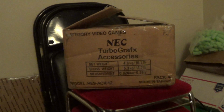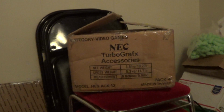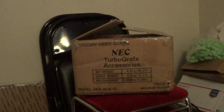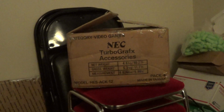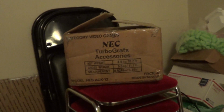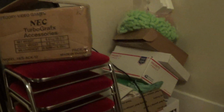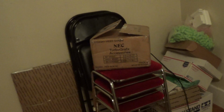It's an old TurboGrafx stock box. I'm sure this was filled with multi-taps or whatever. So it's pretty neat. The hoarder in me can't throw this box away. I'm gonna have to use it for, I don't know, spare parts and stuff in the closet, and see my other boxes that I'm hoarding there and packing supplies. But yeah, kind of random, cool, for TurboGrafx stuff,